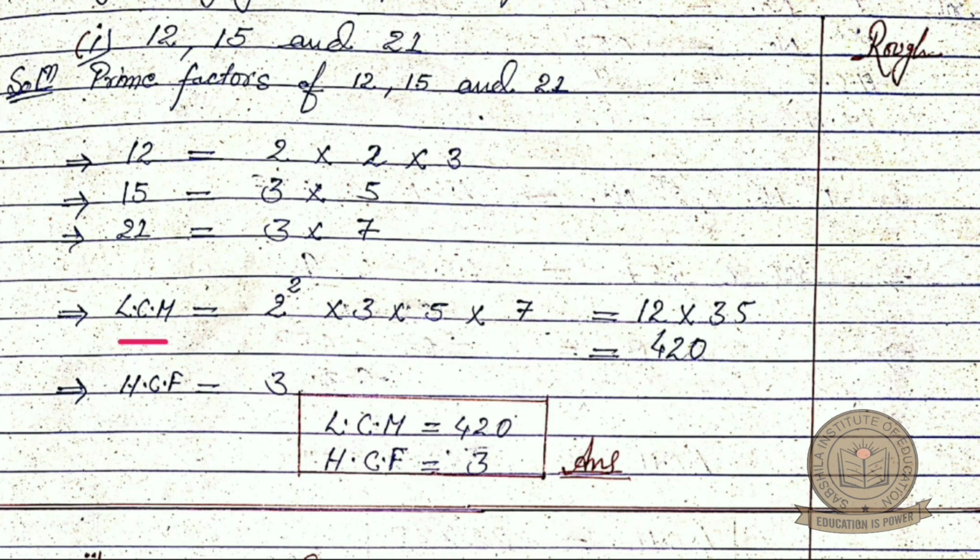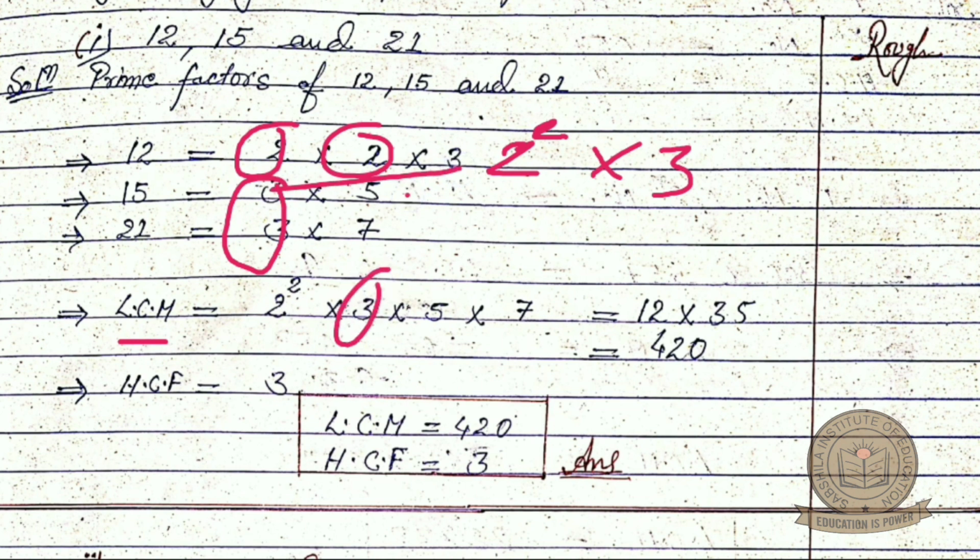LCM means what? Lowest common multiple. So 2 is here, and 2 is here, that is 2 square we can write. 2 square into 3 we can write now. So we can take the 2 square and 3 is left. 3 is matching now, so 3 we will take, and 5 and 7 are left. So 5, 7 I have written. So 2 square into 3 into 5 into 7, then we will get